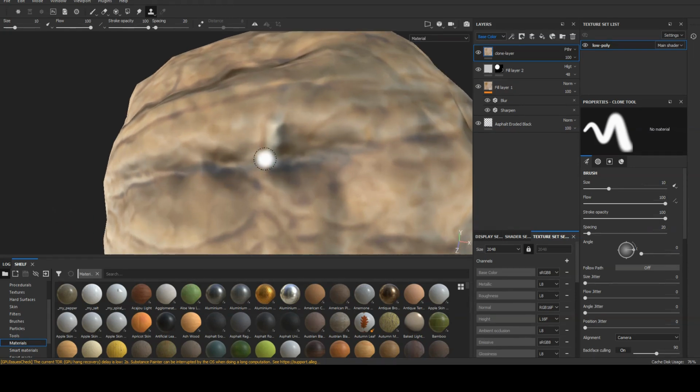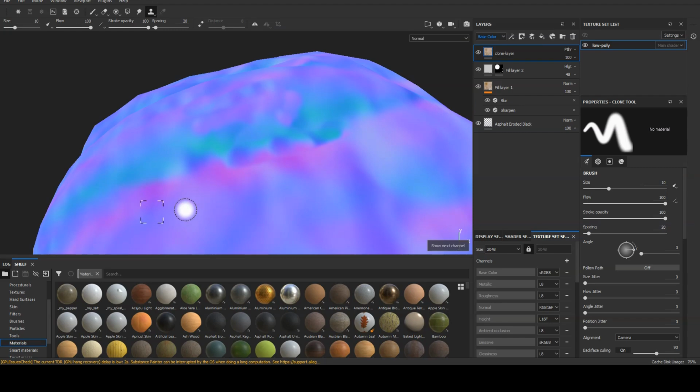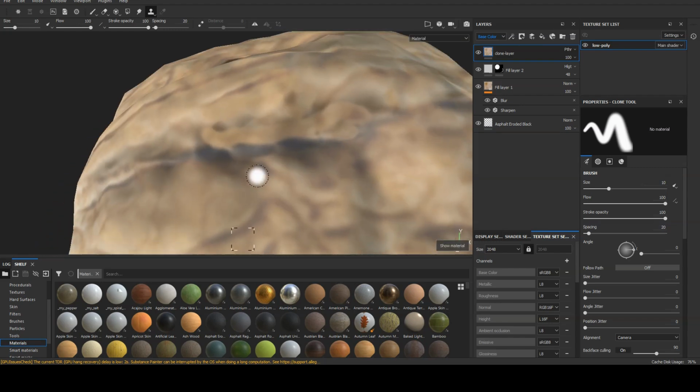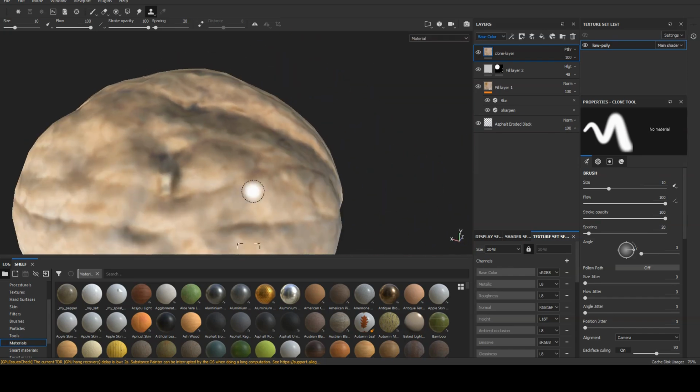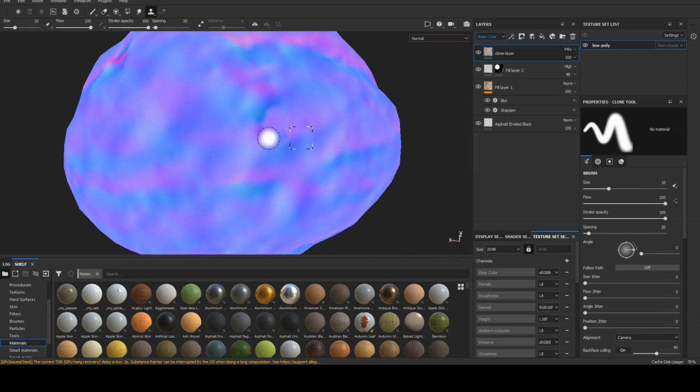To use the clone tool, the first step is to define the starting point of the portion to be cloned. This is done by clicking the left mouse button while holding down the V key. Once done, you can release the V key and the left mouse button. Move the mouse cursor to the area you want to fix, then click and drag to clone the source to the new destination. This way, I can easily correct the material in areas where, for example, the support toothpicks were incorrectly mapped onto the texture of the high poly object. More generally, you can remove or add details or features on the object.